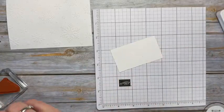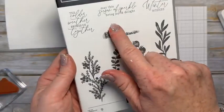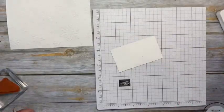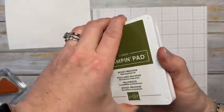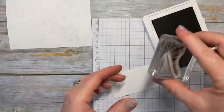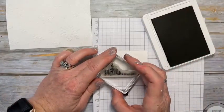Now I'm bringing in the Magical Meadow stamp set. So I love these little wintry scenes here. They look like watercolored backgrounds. And I'm going to use Mossy Meadow, one of our neutrals. And we're gonna ink up this little forest scene. So this is gonna stamp over to the right-hand side,